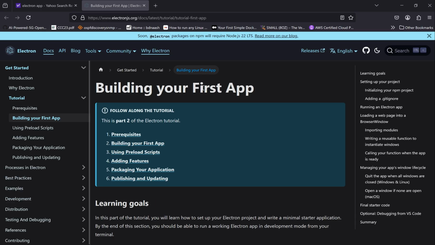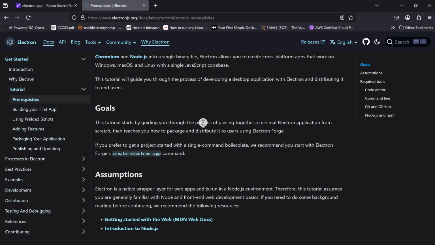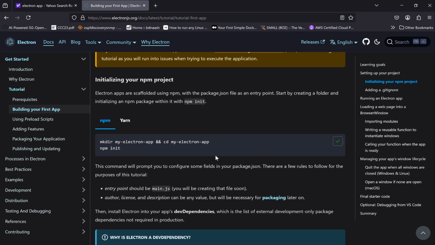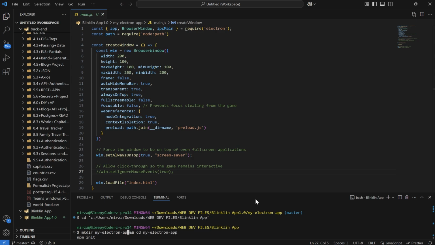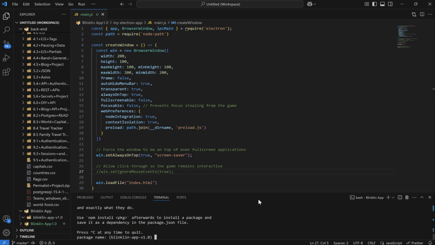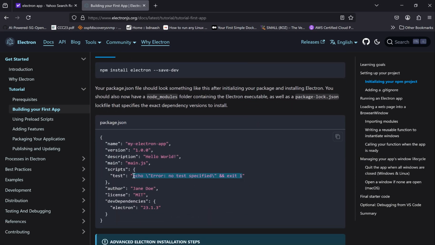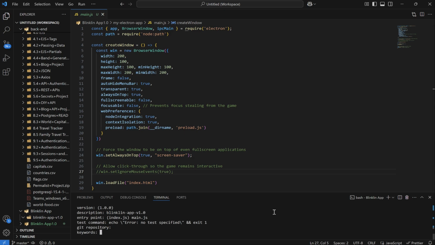So let's first go and see Electron.js. I'm going to tag this in the description below of the video. So this is the first step. Let's copy paste this, and let me change the name to Blinking app version 1.0. npm init, then just initiate it. Entry point, let me change it to main.js. And the test command should be just copy pasted from the Electron.js